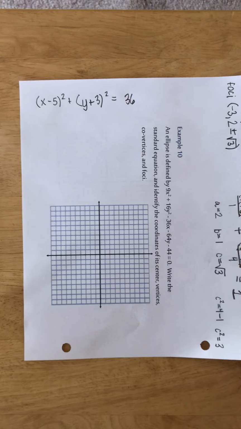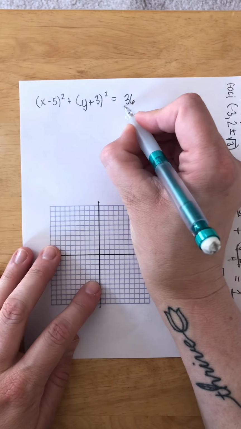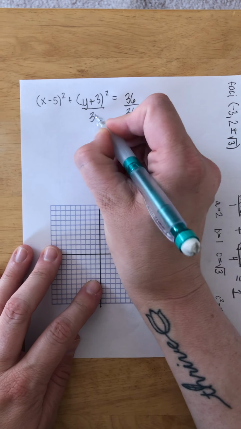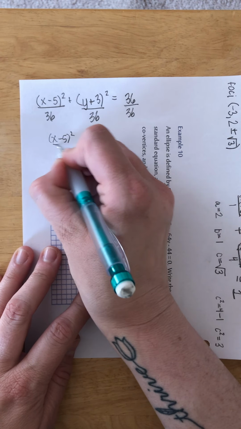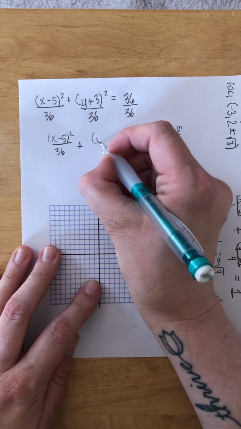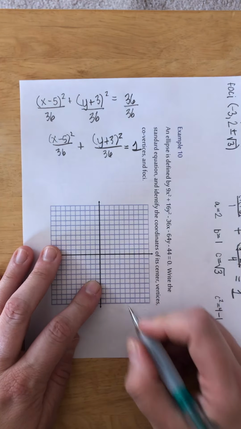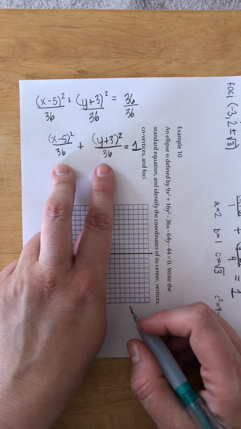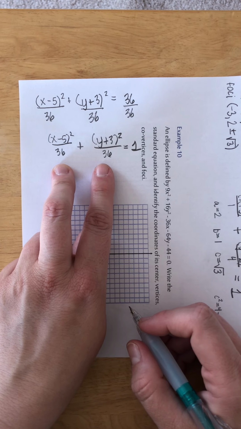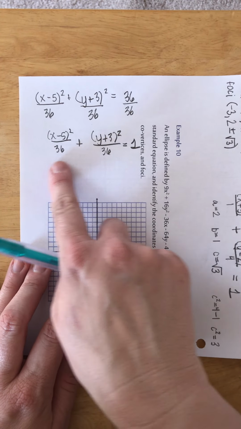So if you were working on this as an ellipse, according to the formula in standard form, we need this to be a 1. So we would have divided everything by that number. So we would have ended up with x minus 5 squared over 36 plus y plus 3 squared also over 36 equals 1. What do you notice about those two denominators? They're the same. Well, one of them is going to be a squared and one of them is going to be b squared, but neither of them is larger and neither of them is smaller. So this is how you know that this is a circle, if your a and your b are the same,